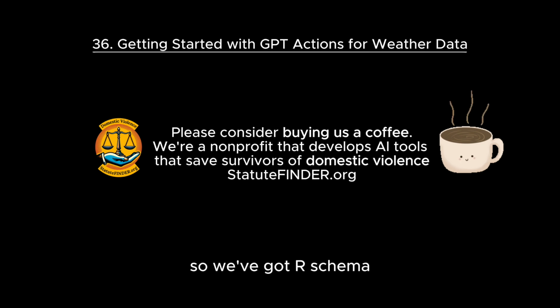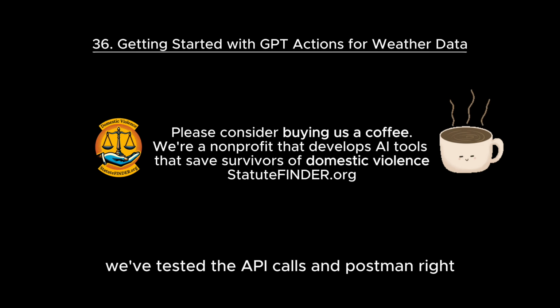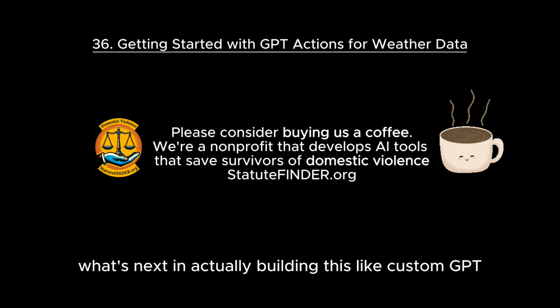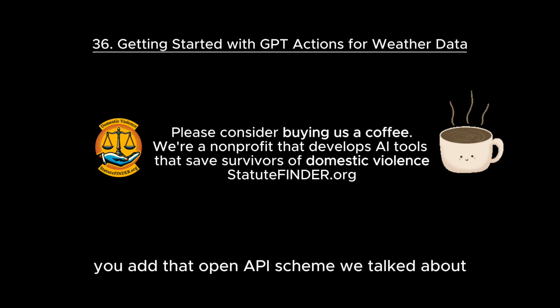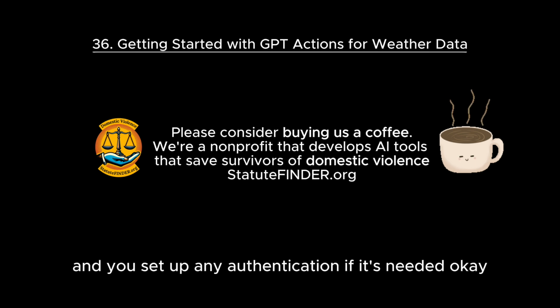Okay, so we've got our schema. We've tested the API calls in Postman. What's next in actually building this custom GPT weather guru? Now we get to the heart of it. We're going to create the custom GPT within the OpenAI platform. You give it a name, you add that OpenAPI schema we talked about, and you set up any authentication